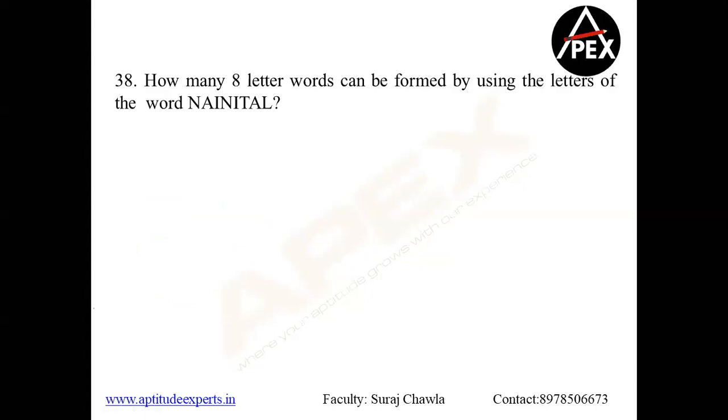Now this is a place where we are repeating the number of digits. Suppose I have two n's, two a's, two i's, a t, and an l. So how many letters do we have in all? We have 8 letters in all. So let's do one thing. Let us first arrange all the 8 letters assuming they are different. So therefore my total base becomes 8 factorial.